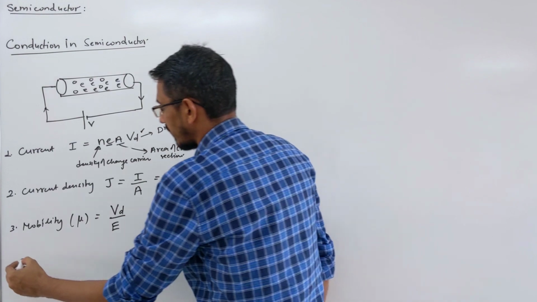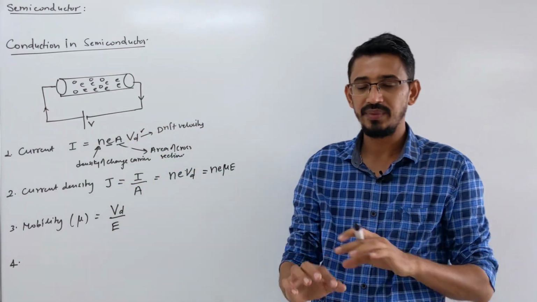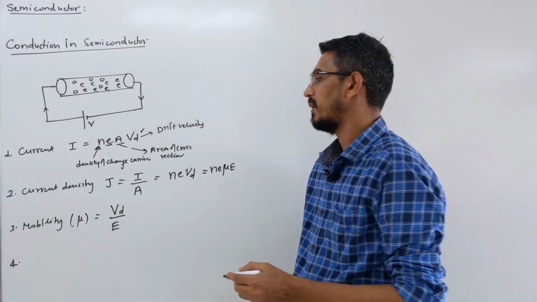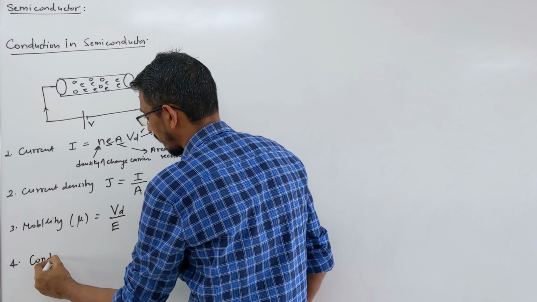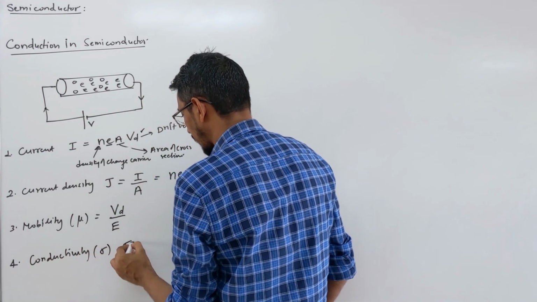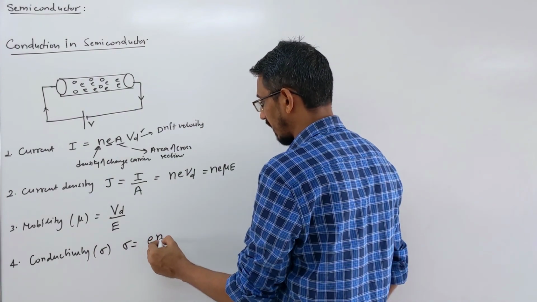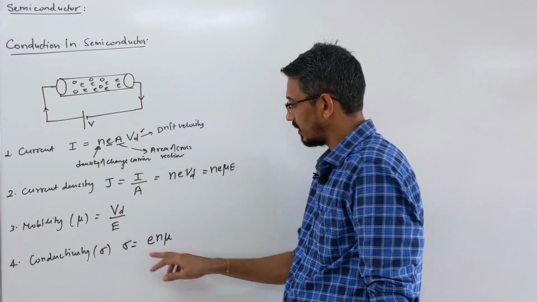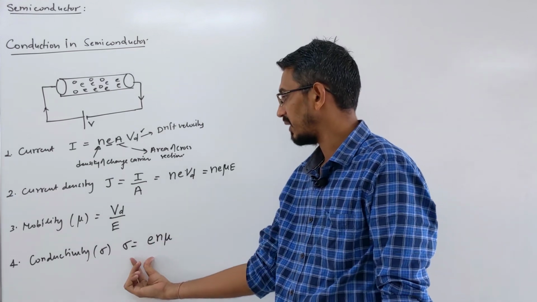Then last, if you remember that, you write in terms of conductivity and resistivity, right? Okay, so you can convert this one in terms of conductivity. I'm not deriving here. Conductivity, we write sigma symbol. So sigma is, if you remember, N E mu. Charge density and mobility, right? This is your conductivity.